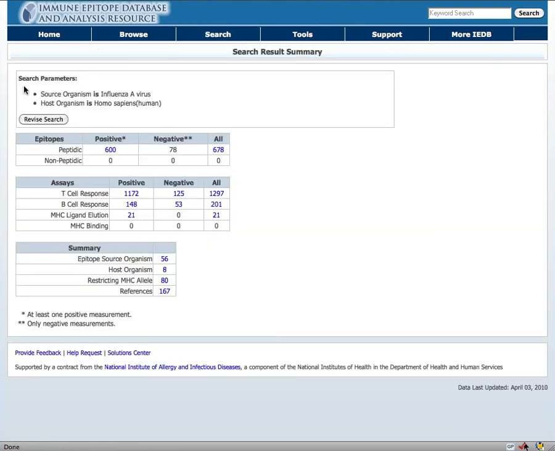Regardless of the query type utilized, the results of the query are displayed in a search results summary page as seen here. The search results summary allows the user to quickly access the results of their search and drill down to the level of detail that is of interest. The original search parameters are displayed above the search results summary page, along with the ability to revise the search